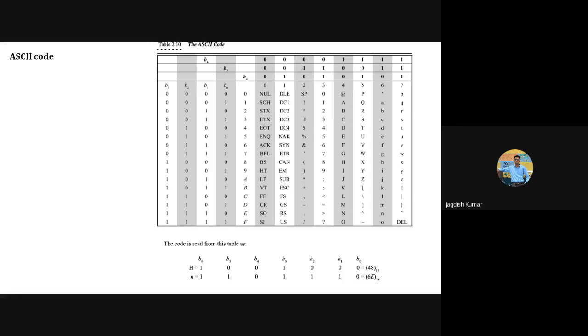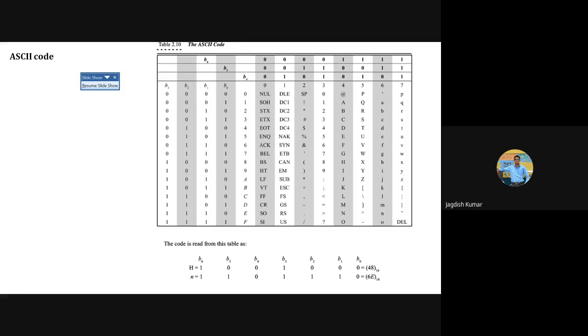Here is capital H. Corresponding to this, you have to locate in this table the value of B0. B0 here is 0. Can you see? B0 is 0. What is B1 for H? This is B1, which is also 0. What is B2? I hope you are able to follow me on the table.